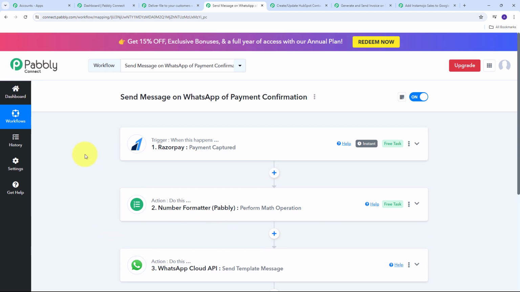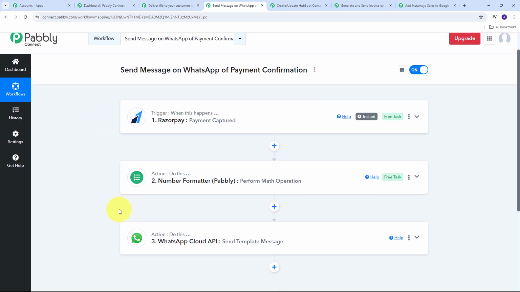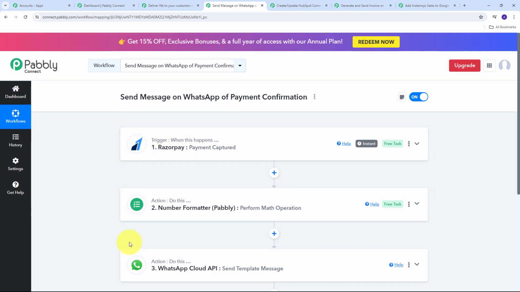Here, to set up this automation, I need to set up my trigger and actions. In Pabbly Connect I can only set up one trigger step and multiple action steps. So what are trigger and actions? Trigger and action are the main principle on which my workflow is going to work. Trigger says when this happens, action says do this. The trigger is the first step that will get executed in our workflow, and the action will just